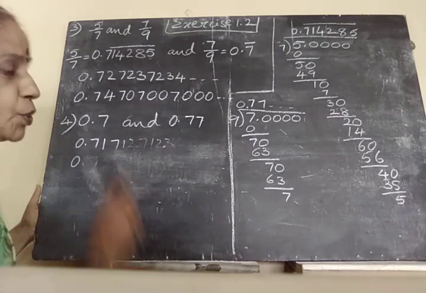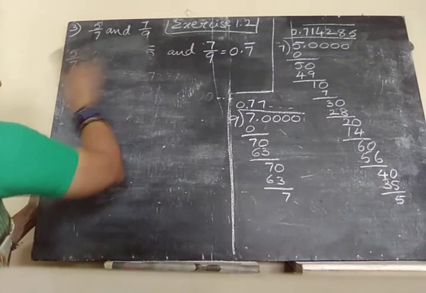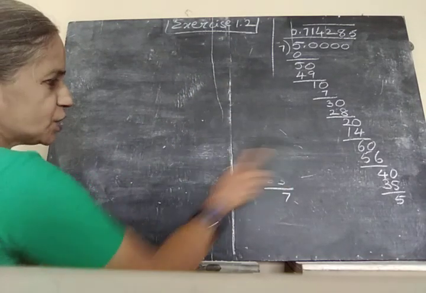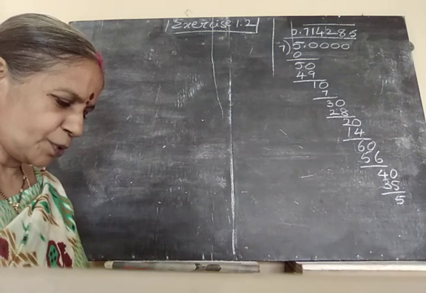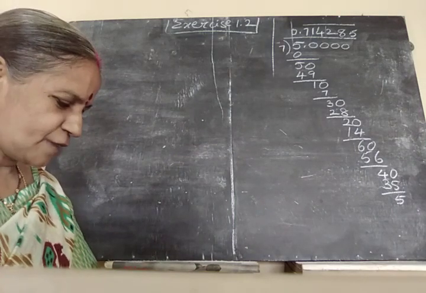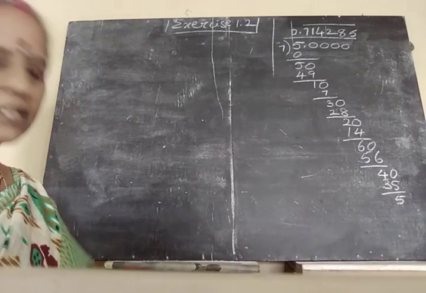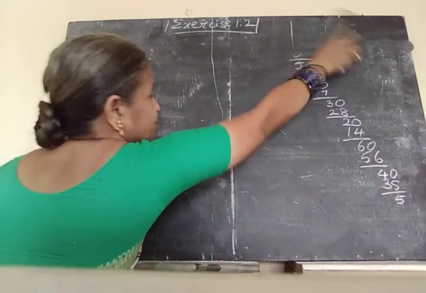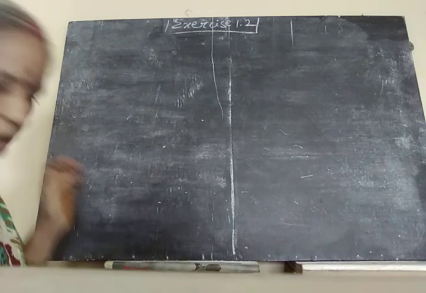Already the value of root 2 was explained in the previous class. So then children, you have to do it as homework: root 5 up to 3 decimal places, and find the value of root 7 up to 6 decimal places. These two, fifth and sixth, are your homework. Understood? Now,